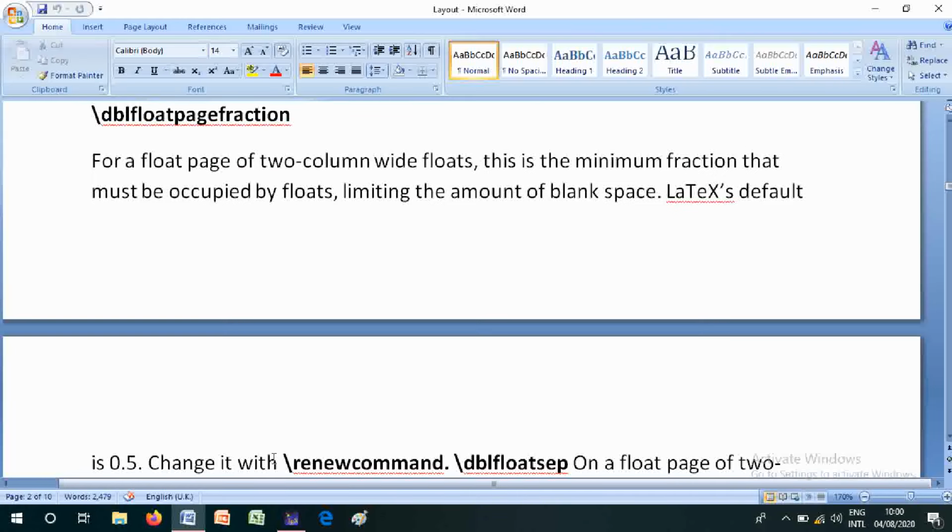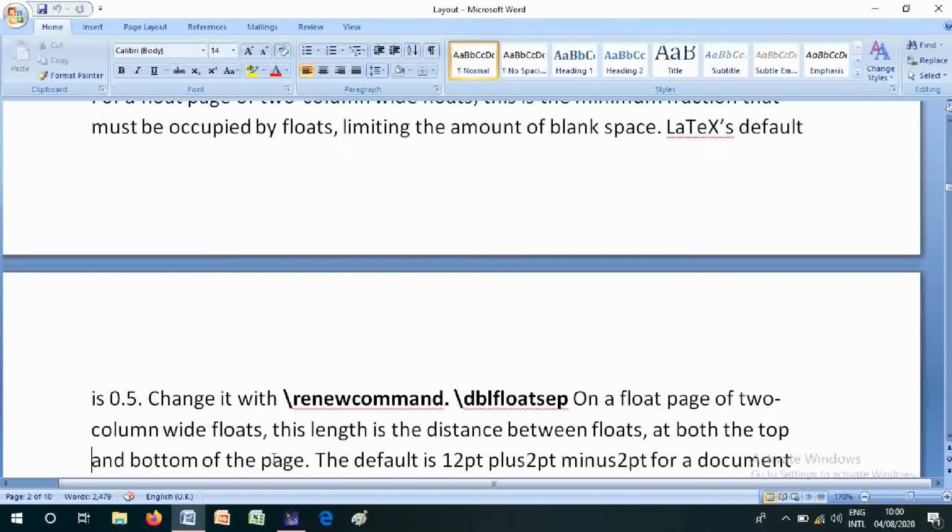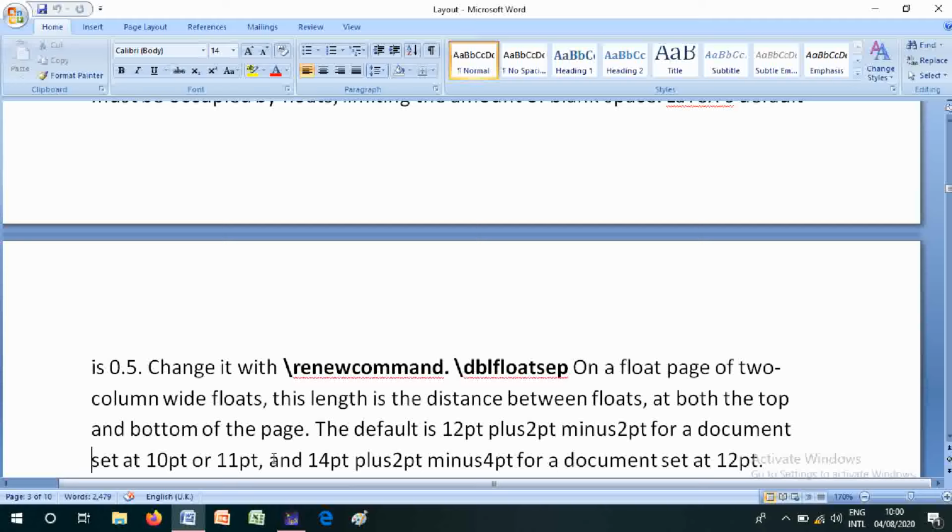For a float page of two column wide floats, this is the minimum fraction that must be occupied by floats, limiting the amount of blank space. The LaTeX default is 0.5. Change it with the \renewcommand